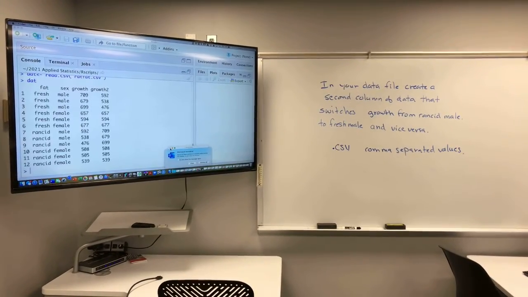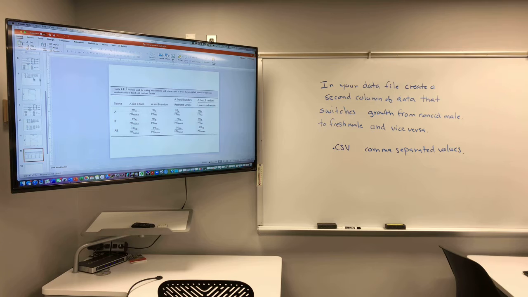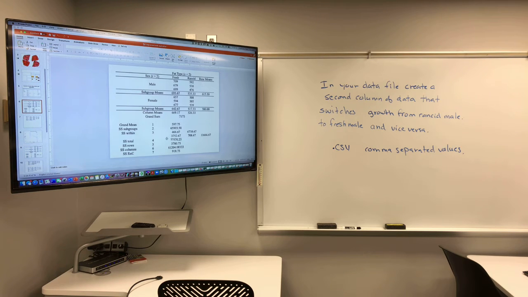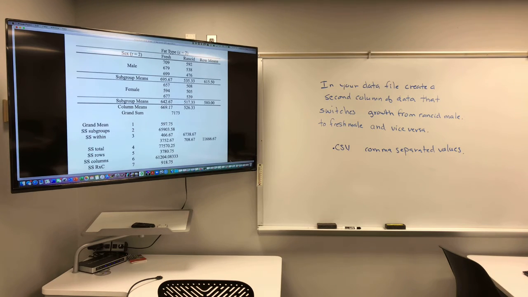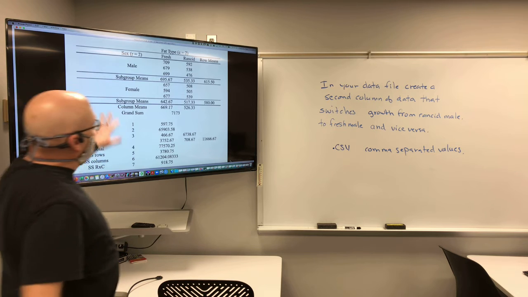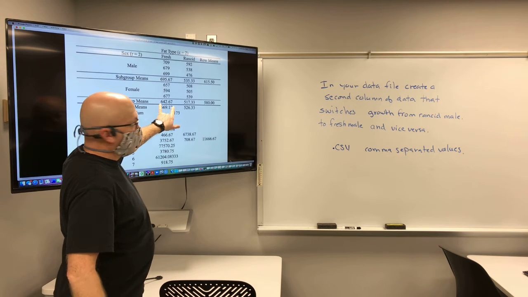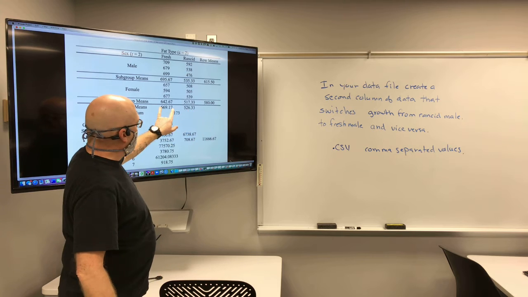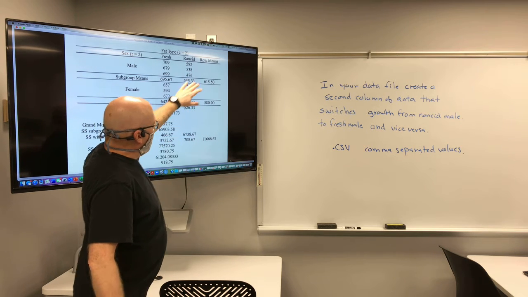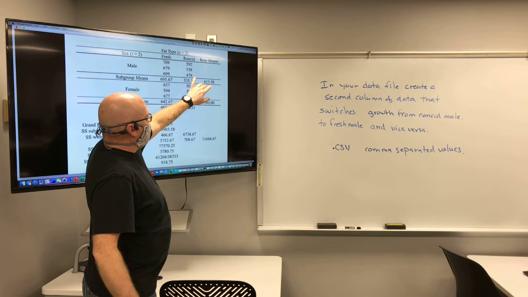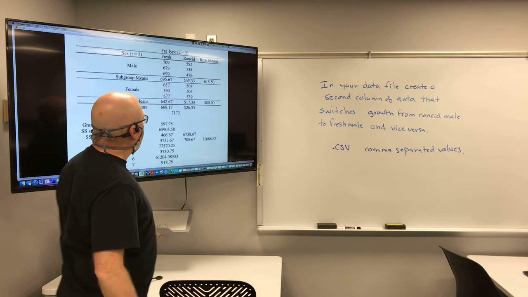All right. So this is the data file that we've been working with, and we went through this last time. The main difference in this data set is the difference between fresh fat and rancid fat. You see that these two means are really different. These two means are also different, but they're not nearly as different as these two means are, which is why